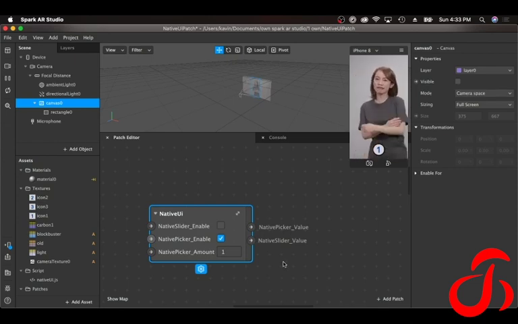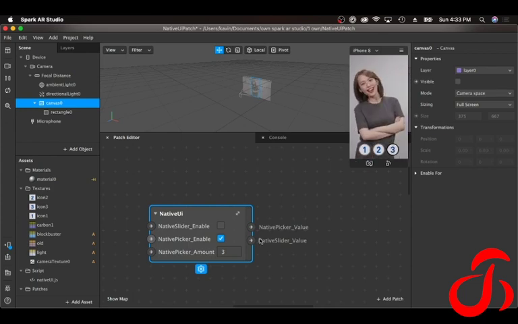So this template, you can use it to do whatever you want. You don't need to worry about the coding part of the native UI as well as the slider. So I'm just making it 3. You might ask, I'm selecting some other option, how do I get the value the user selects?